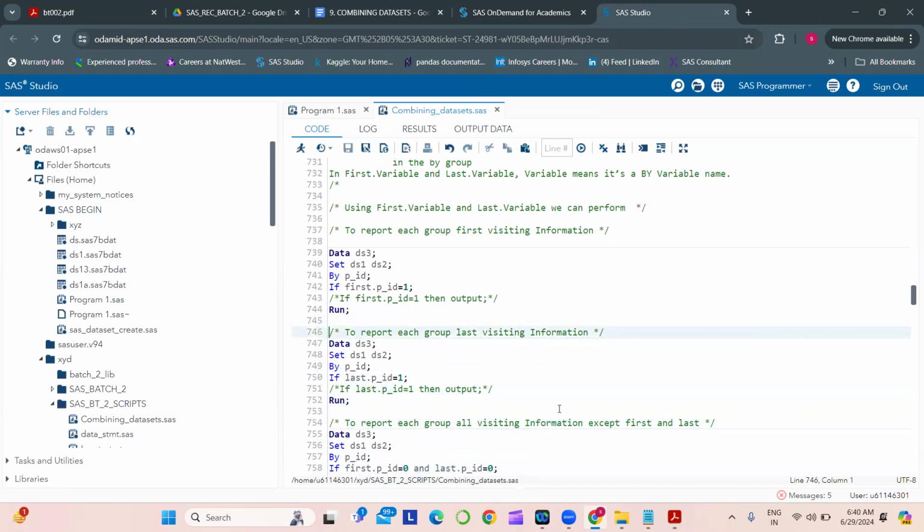Okay, to report each group's first visiting information, here we have first.PID equal to 1. It's simple. So first.PID equal to 1. We'll just simply write